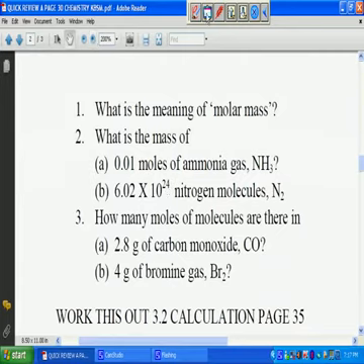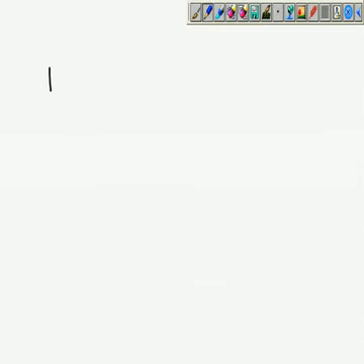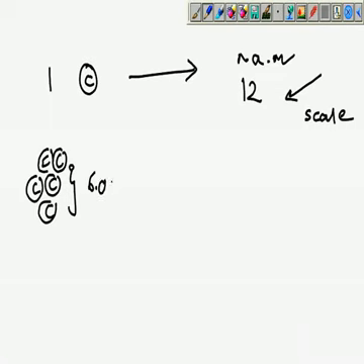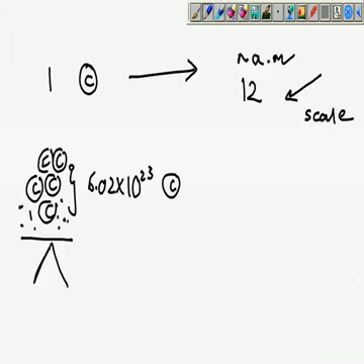Okay, the word molar seems to imply mole. Alright, in case it is, let's repeat this again. I've said this before. One carbon would have a relative atomic mass of 12. Relative atomic mass is only one type of scale. Okay, it tells us something about a relative scale, comparing one atom with another atom. So if you can put all the carbon together, many of them, to the point of 6.02 times 10 power 23 pieces of this, if you could put them together on a